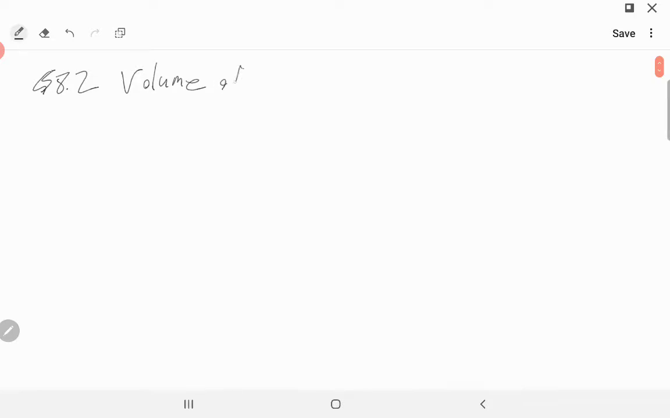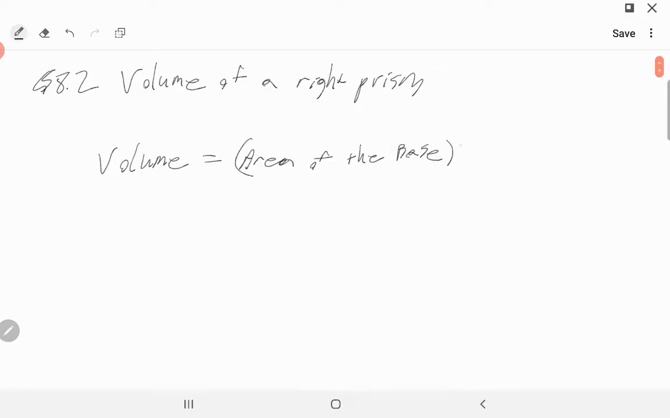So again, volume of a right prism. We notice that for the volume of a right prism, all we need to do is worry about the area of the base multiplied by the height. So if we wanted the volume of a prism